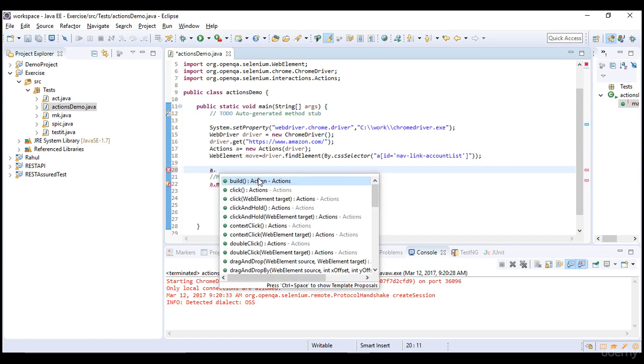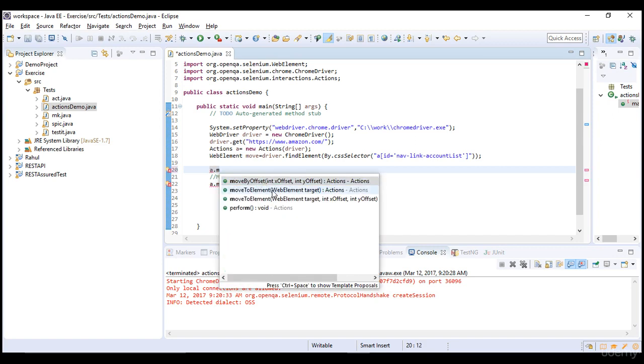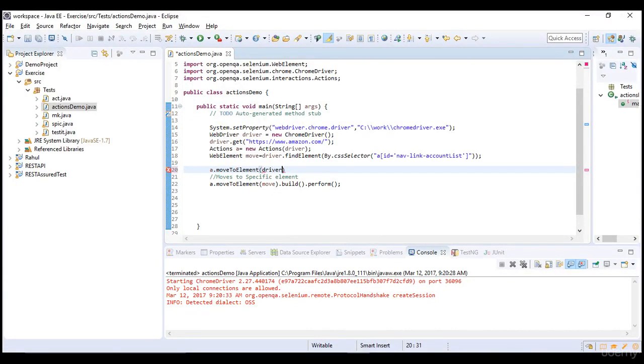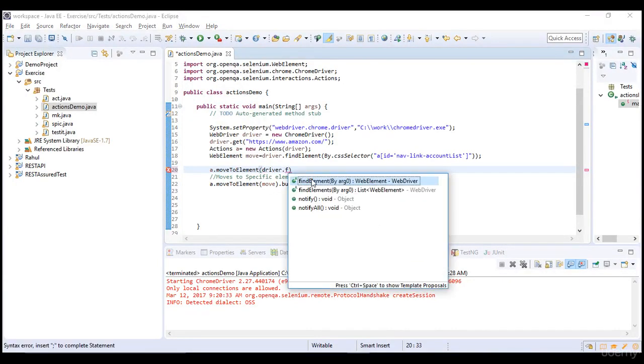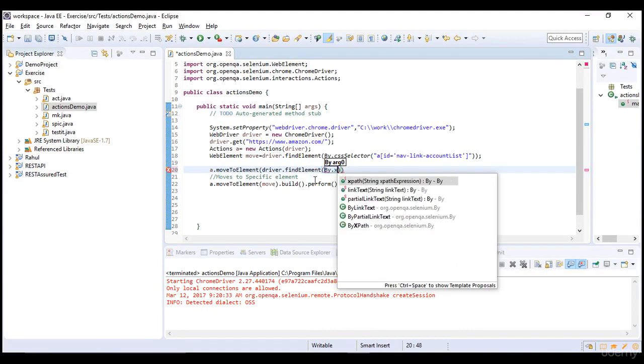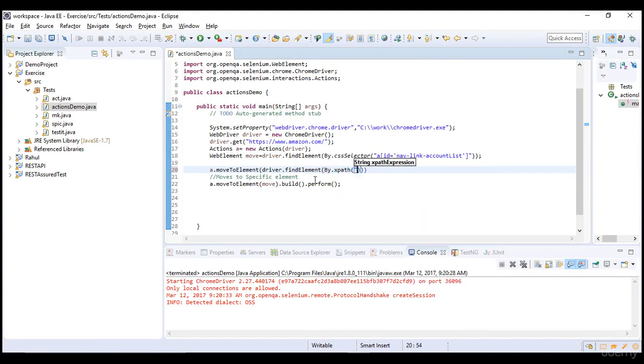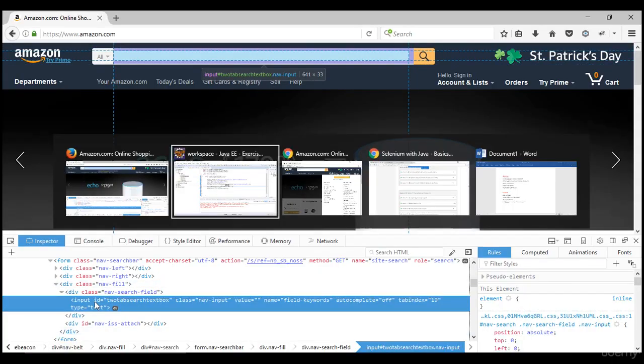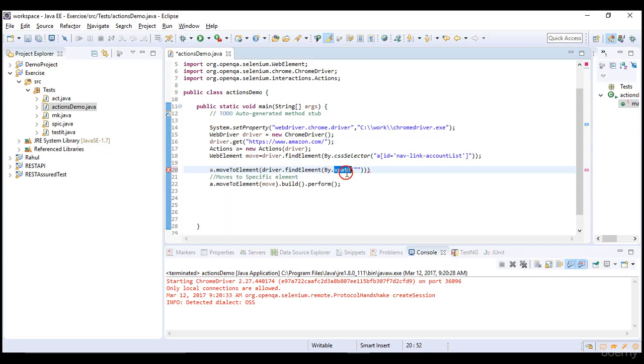Actions dot, again we need to move to that specific element. Driver dot find element. Now we are moving to that text box. What's the ID? By dot ID.